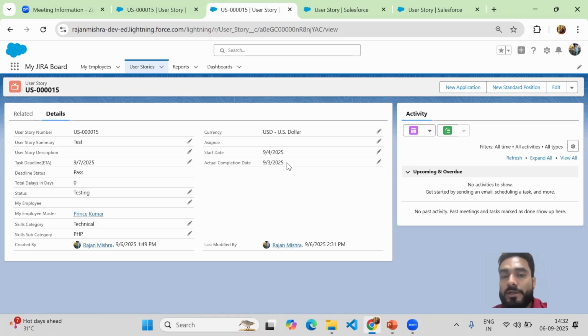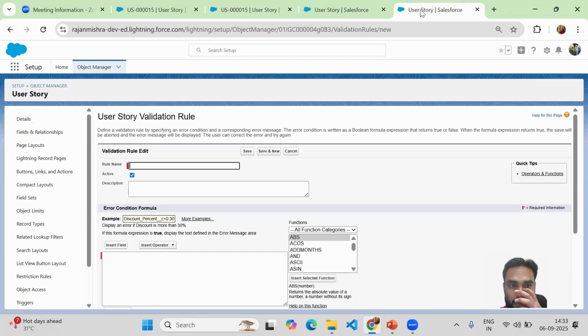For that, we can create a validation rule, which will not allow you to give the wrong data, right? Now, for the current scenario, it's accepting the data. It's not throwing any error. So for that, we can create a validation rule on this actual completion date. So let's go to this user story object